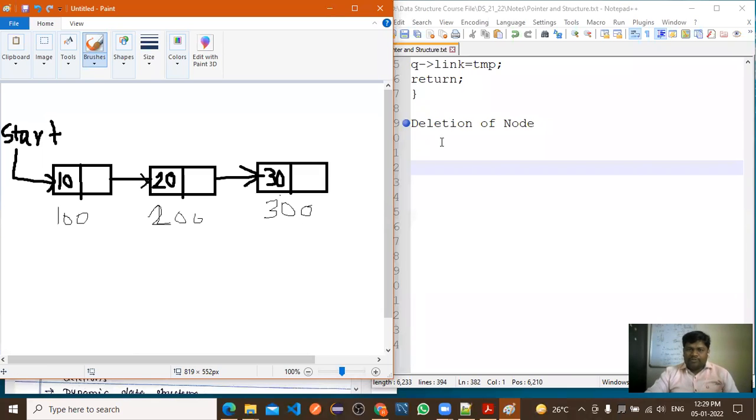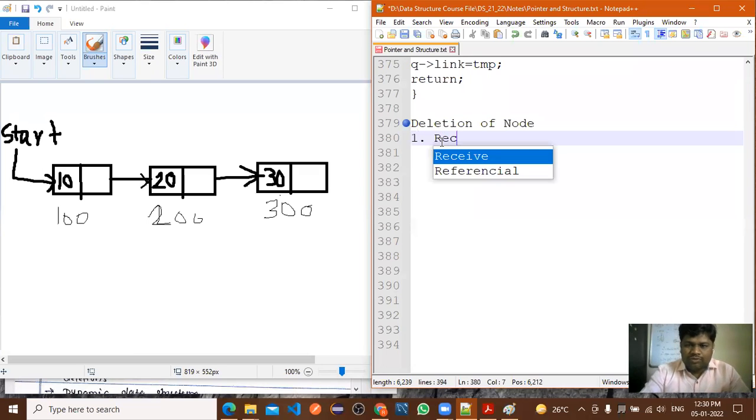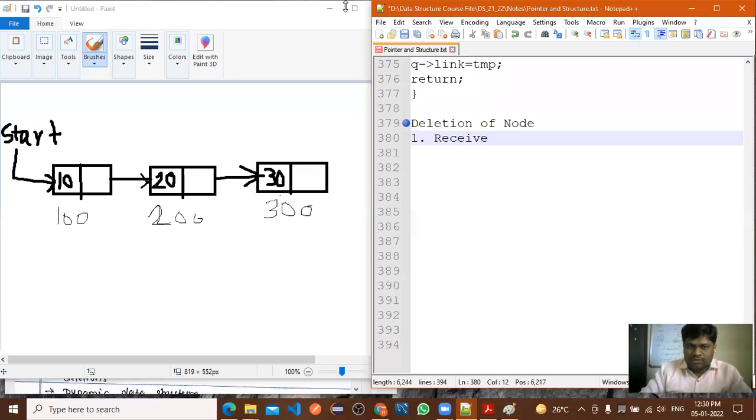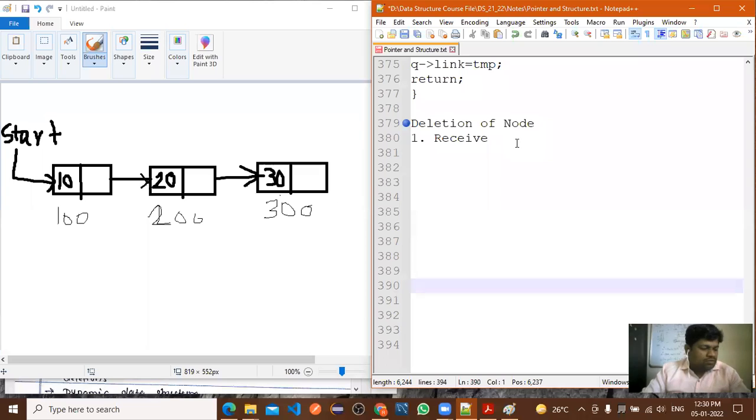Now how to apply the delete operation on that? First thing is you need to receive the data. Is the screen properly visible to all?